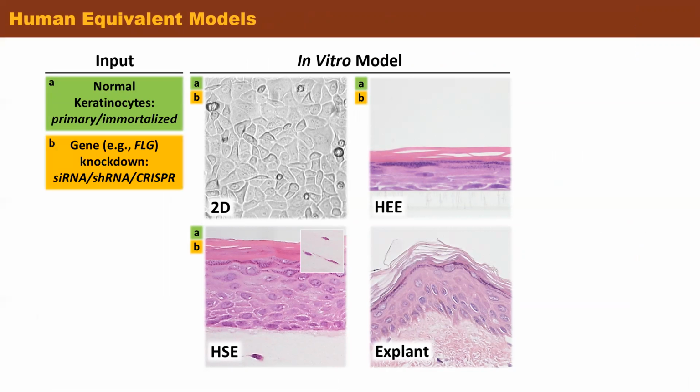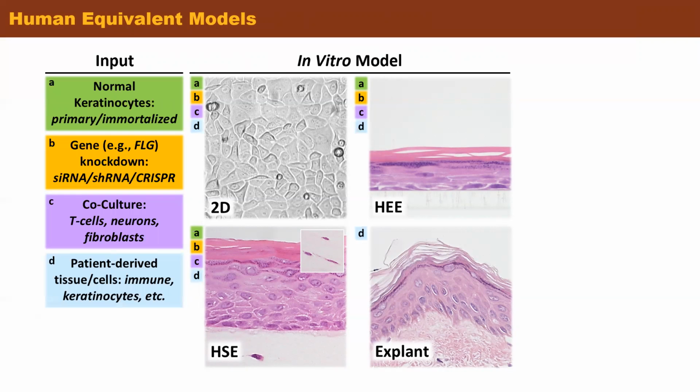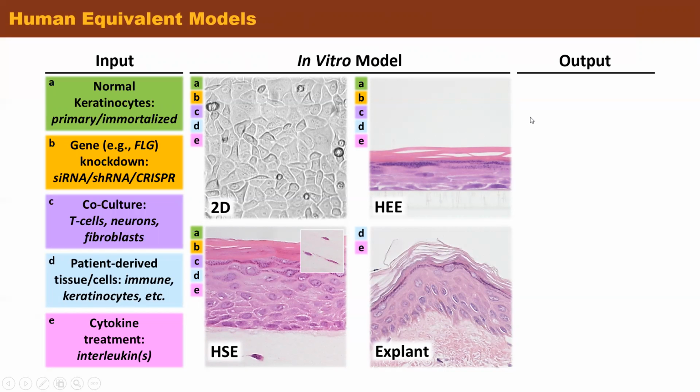These keratinocytes can have gene modulations. We can co-culture different cells in these models. We can use patient-derived tissue and cells for the establishment of these cultures or the co-culture. And we can use different cytokines to induce atopic dermatitis-like phenotypes. The output or the data